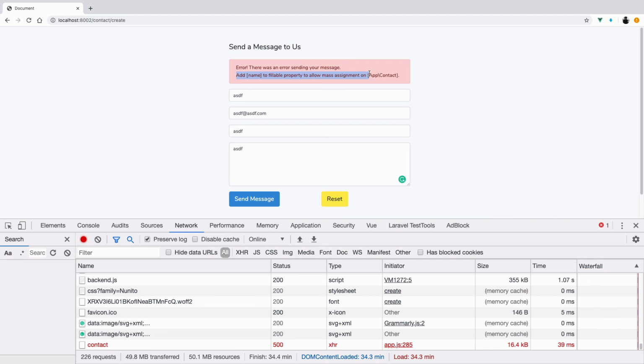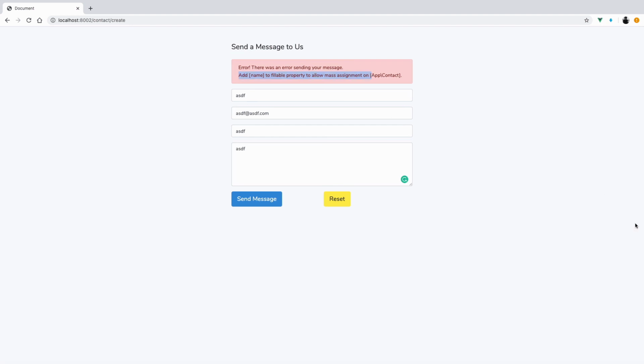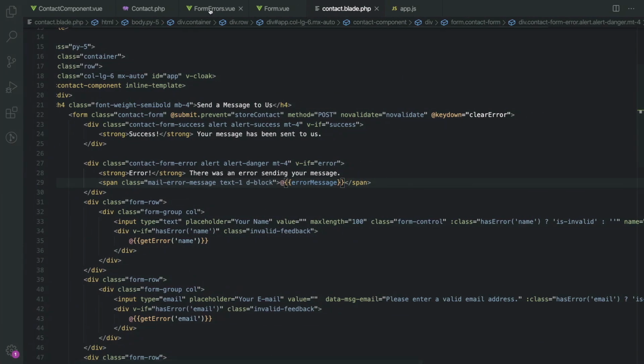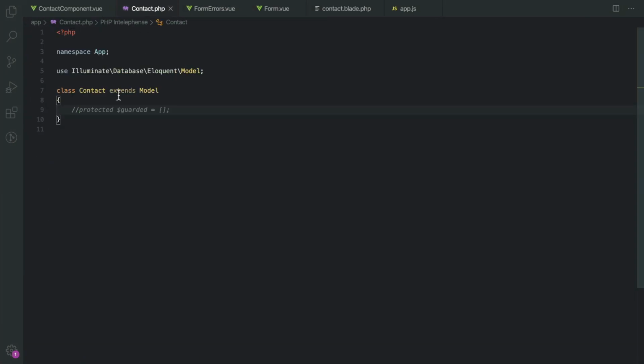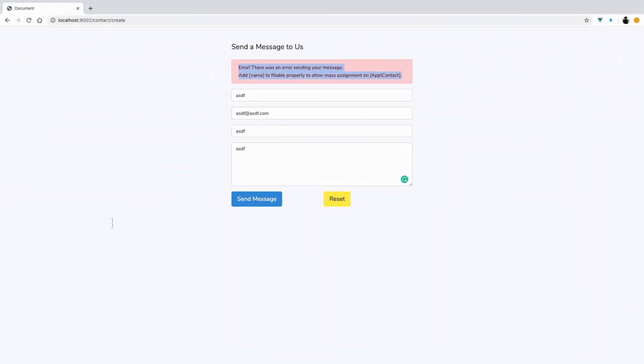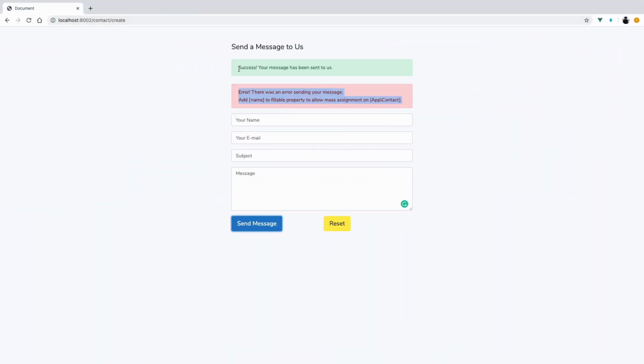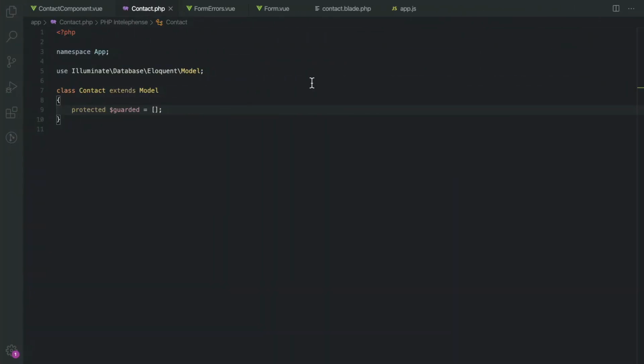One thing to note here is an issue that we haven't yet tackled: if there is already an error on the screen and somehow you fix the backend back to normal and the user submits the message, you get the success message, but the error message is still there on the screen. And a similar thing happens when you have a success message on the screen and the user sends another message and somehow the backend breaks and you get back an error message, then we're not clearing out the previous messages from the screen. So what we really need to do is,